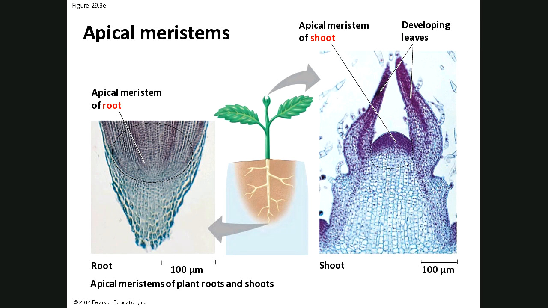Now, you may not remember, but if that picture on the left of the apical meristem of the root looks a little familiar to you, if you look a little bit closer at it, you'll say, I saw that. Yeah, in Bio 1, when you were looking at mitosis, you were looking at slides of onions, the root tip, the apical meristem of an onion. The reason we use that to show you mitosis is that's where most of the cell division is going on. Most of the cell division is going on in the area of organisms where they're growing, right? It's one of the purposes of mitosis. So that's why those make great slides.